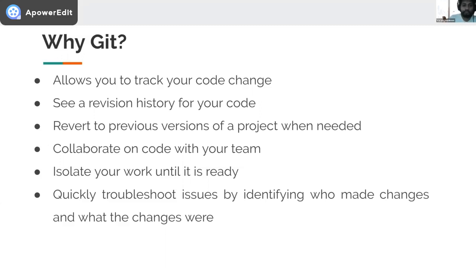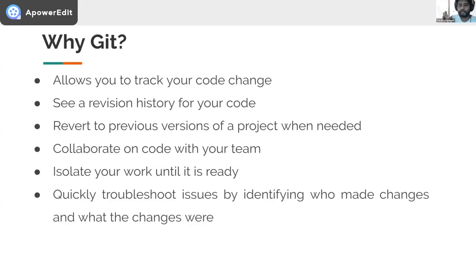And with the branching workflows, it allows you to isolate your work until it is ready. So I tried to explain that using the very simple example of me creating that branch in order to add that one commit. In a practical scenario, you might be working on that branch for a week maybe, and until such time, you are not disturbed by others' changes done to the code.